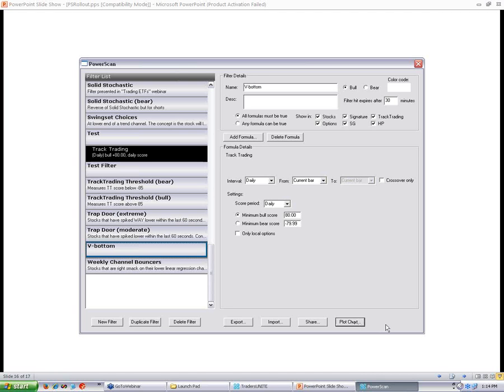But plot chart is going to take any chart that you want, your favorite chart, favorite stock, whatever, and it's going to plot the filter that you have selected against that chart to show you the marks of where that stock kicked in on that filter. Kind of like what track trading does. So then you'll be able to see how well your filter performs against any one stock. That's going to be killer, but that's not there yet. Anyhow, once you have your filters all arranged,